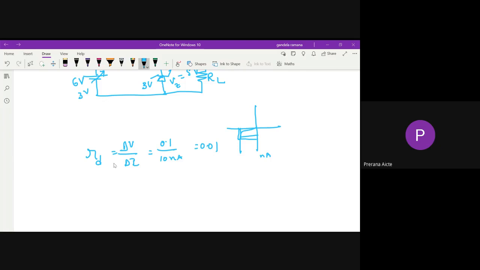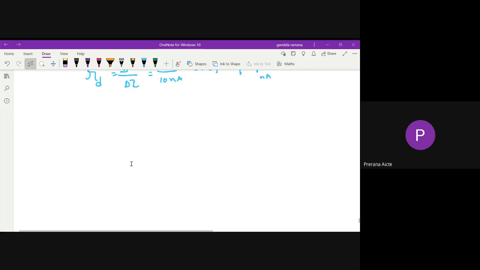What happens in an ordinary diode? The difference of voltage is, for example, 4 minus 2, which is 2, and the current is 0.1. How much will we get? 20 megaohms. That's why in an ordinary diode in reverse bias, the dynamic resistance is high. In a Zener diode, the dynamic resistance is low, so the Zener diode acts as a voltage regulator. So, the standard Zener regulator circuit.